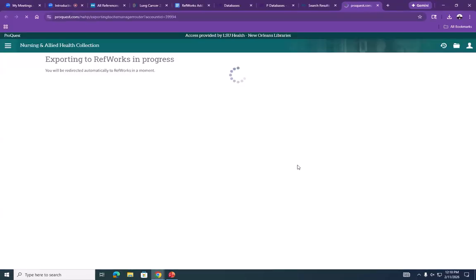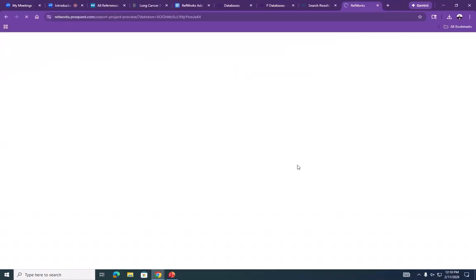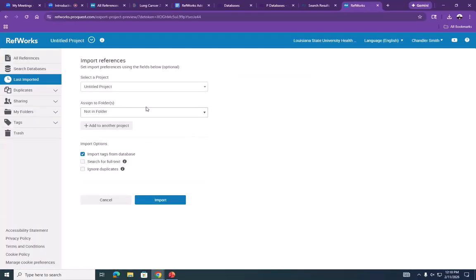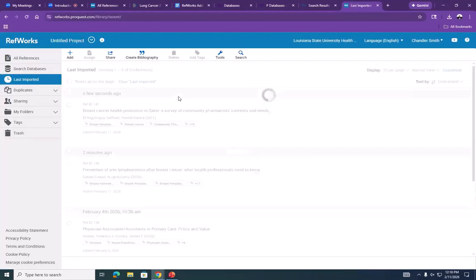Just hit continue, and it should open up RefWorks again in a different window, or tab rather. And once again, you're brought to the screen where you can select where to put things in your folder or just generally in your collection of citations. And once again, you can just go back to